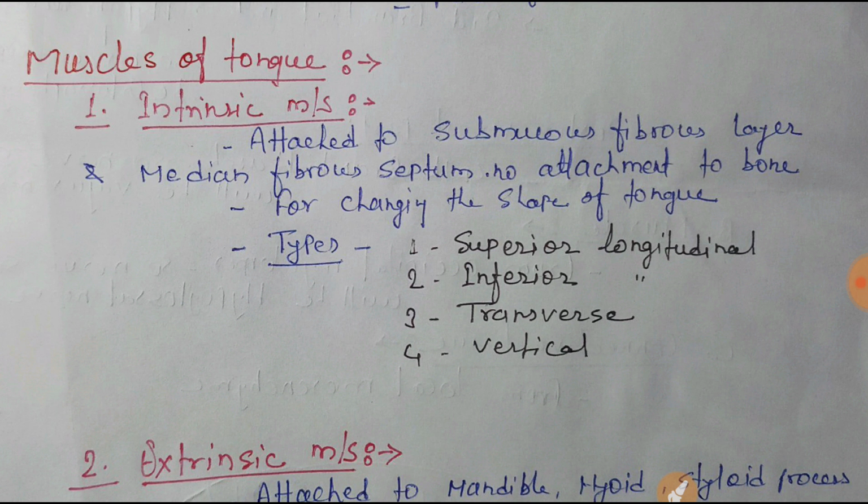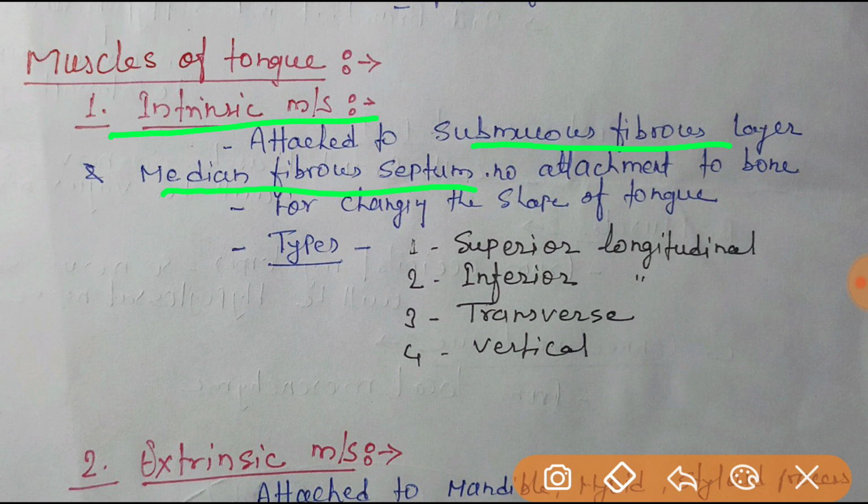Intrinsic muscles are those embryologically developed from the tongue itself, and extrinsic muscles develop from structures other than the tongue but migrate to the tongue. The intrinsic muscles are attached to the submucosal fibrous layer and the median fibrous septum. The intrinsic muscles are not attached to any bony structure, and their function is